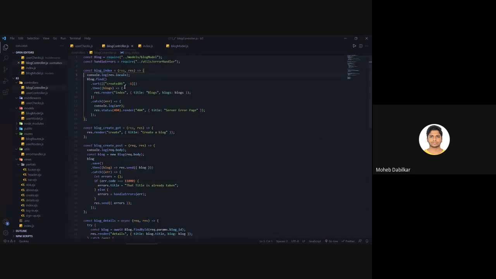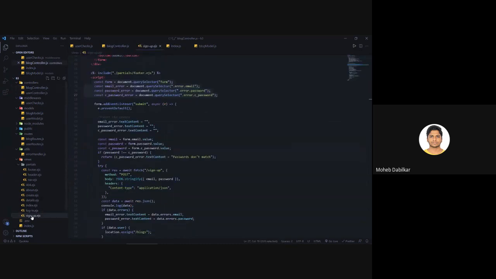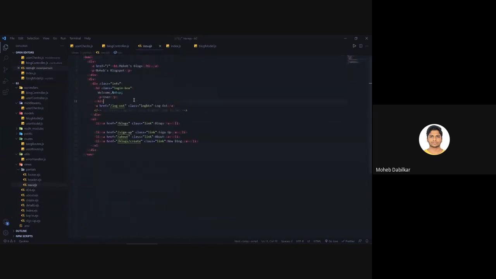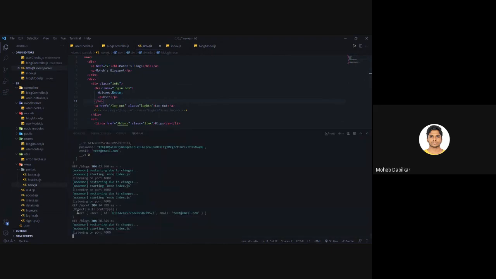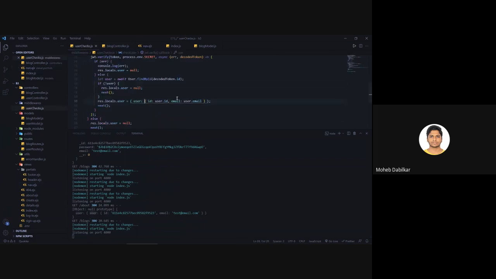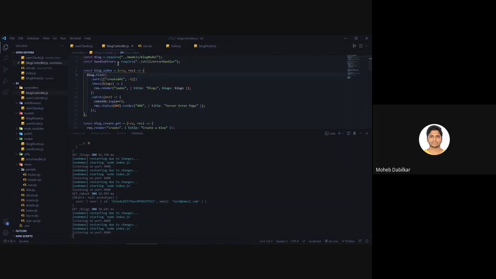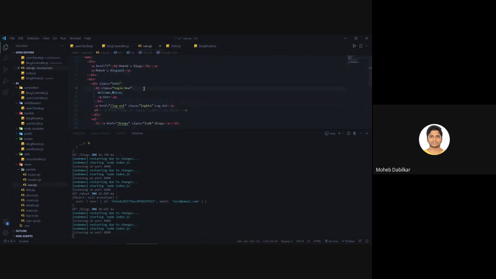With this new profound knowledge of locals, we can use this, and this local can sit over here, and locals, all the objects or variables inside your locals are set like this. Okay, inside our user check, we don't need to do this. In fact, this is fine because we don't want to have a user with another user, so this should do it better. Chalo. So if I come back to my nav.ejs,